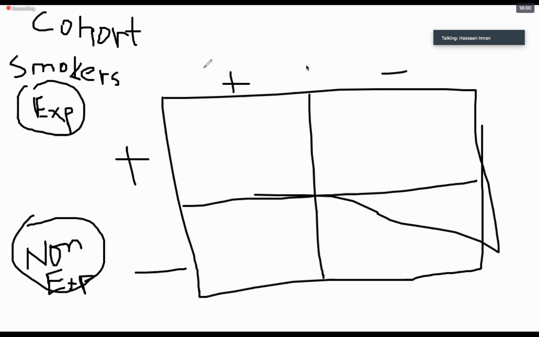Whenever we say causality is established, we say that now there is a policy statement, or a strong verdict, that if this particular factor is there, it is definitely going to end up in this particular outcome. So relative risk tells us about the magnitude or the strength of the association between the risk factor and the outcome.